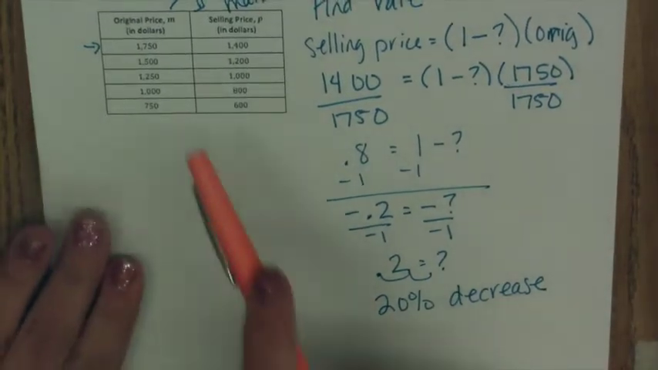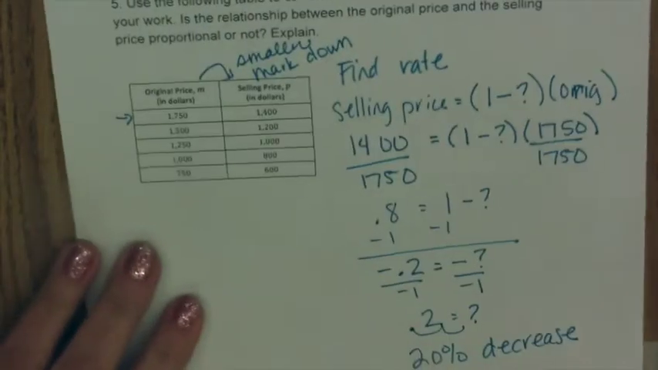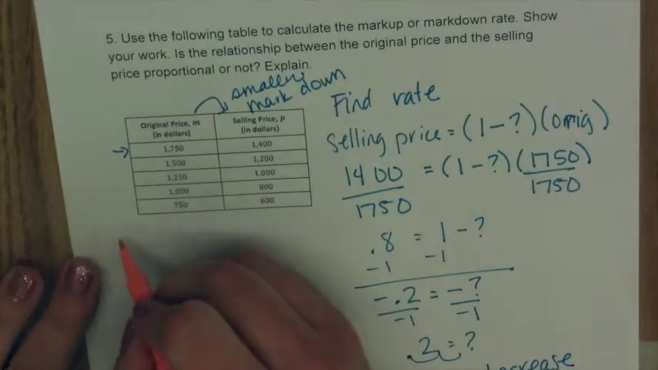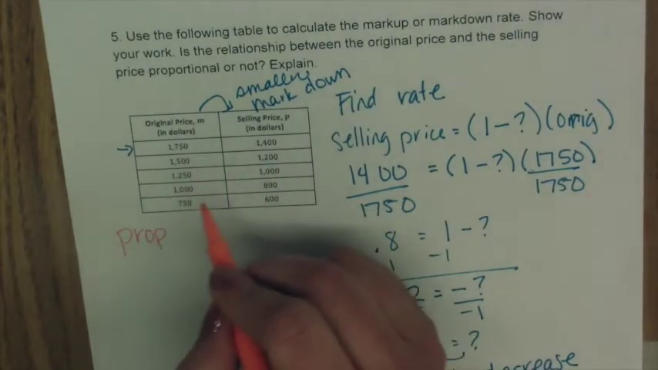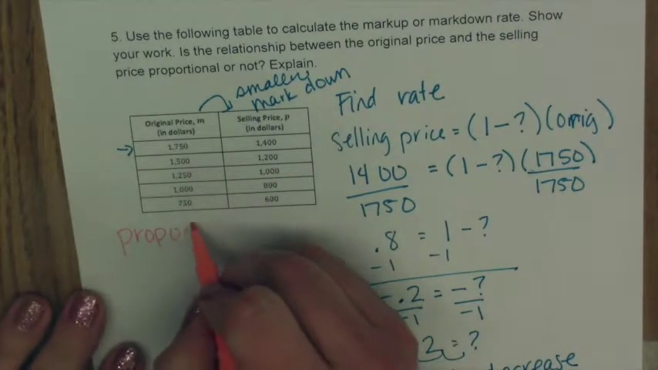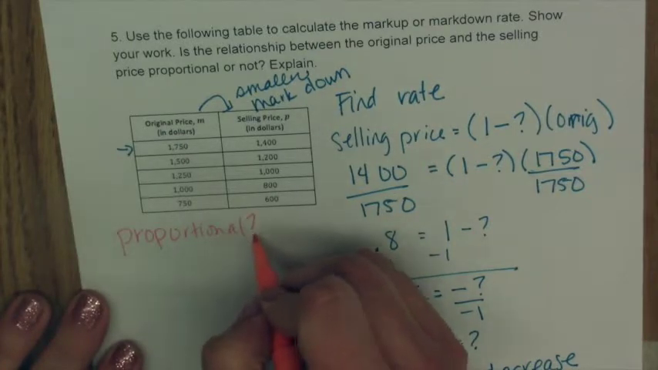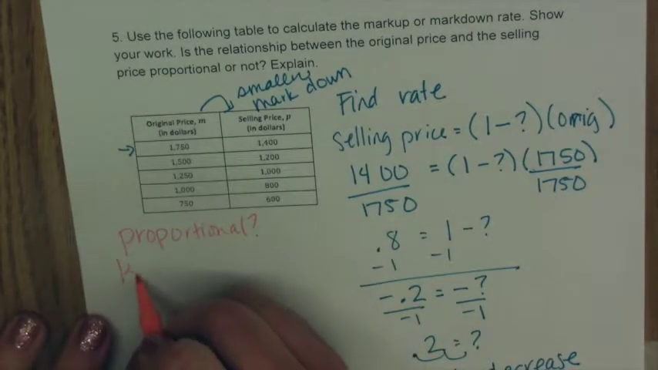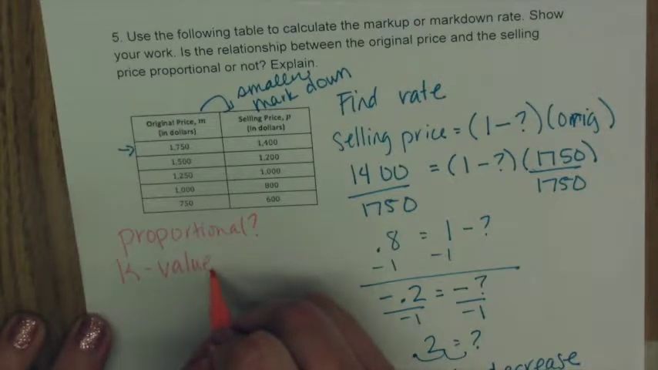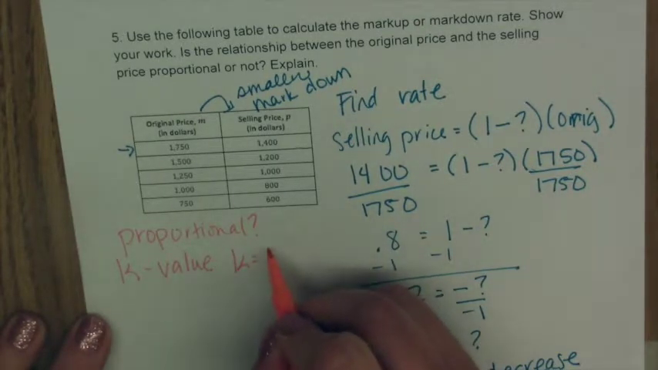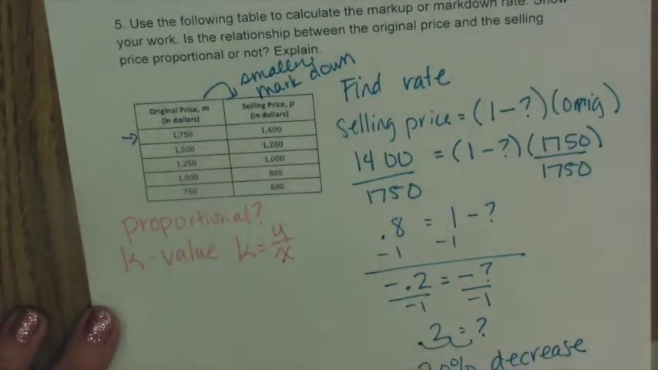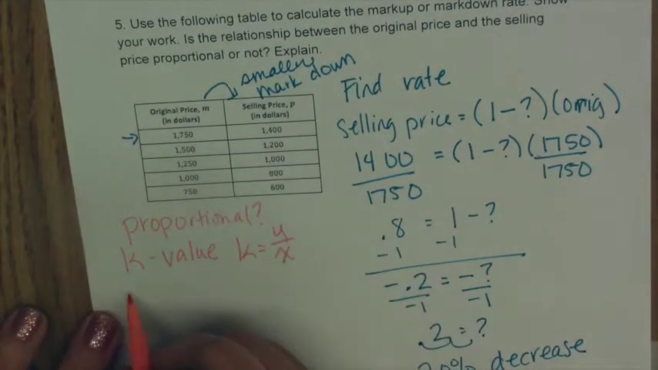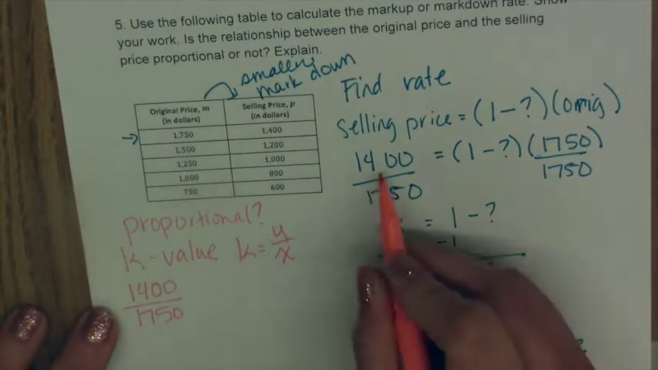Now, to find out if this table is proportional or not, this is a review from first semester. We need to find and see if each line has the same k-value. So proportional, question mark. So we need to find our k-value, which, if we remember, k is equal to y divided by x. And we need to try that for each row. So for my first row, I'm going to do 1,400 divided by 1,750, which we already did and found that